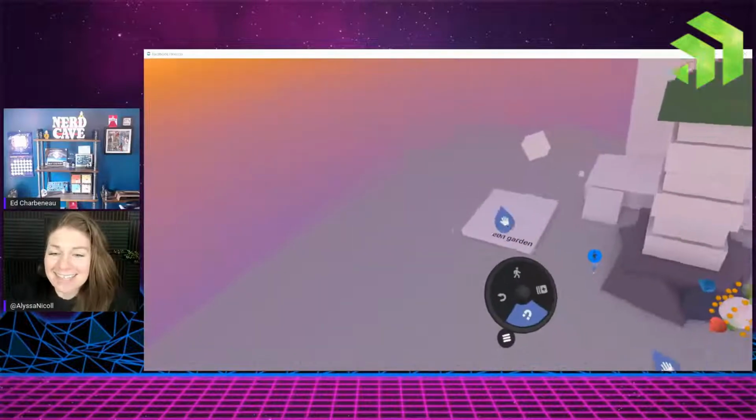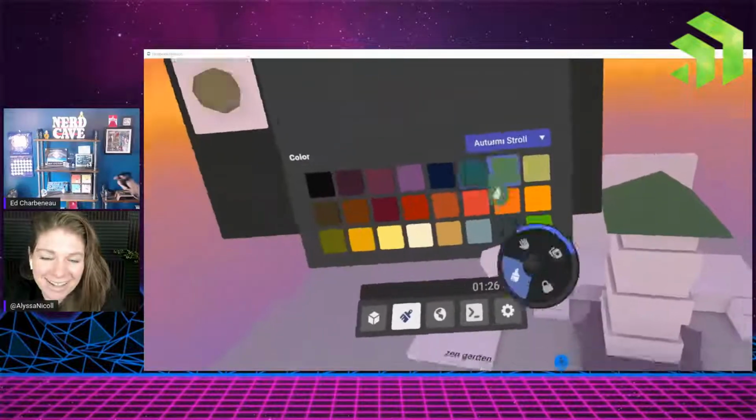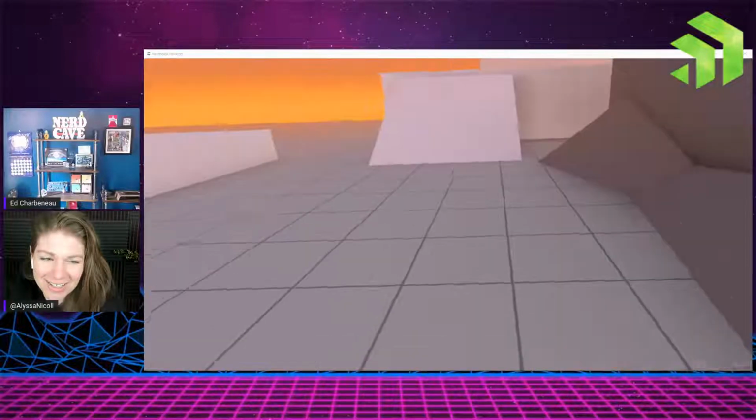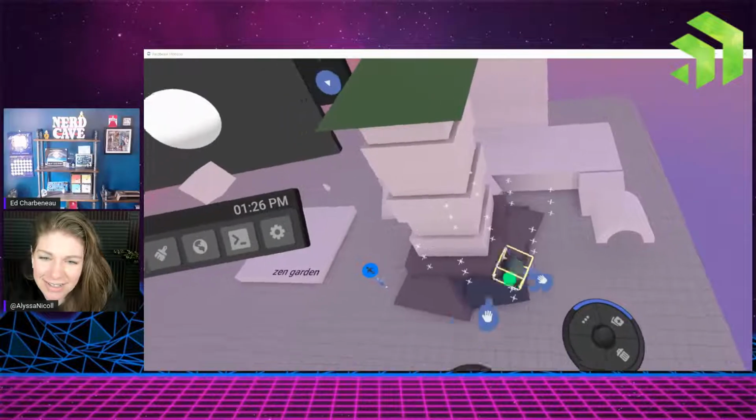Like, I love it. Yeah, you start adding a little bit of foliage around this thing, and you get the right colors in there, and it's really going to pop. So, I mean, you start stuffing like...